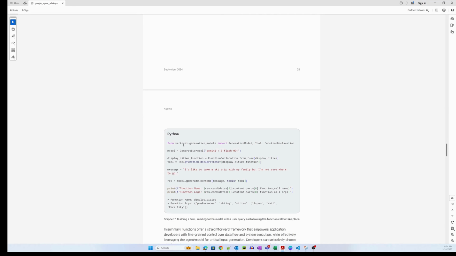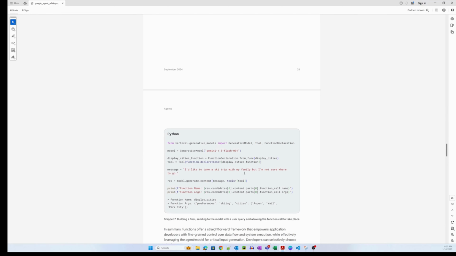In the code, again using the Vertex AI example, we are importing generative AI model, tool, and function declaration, and when we are declaring the function, we're adding the display cities function there, and we're also adding function arguments here.